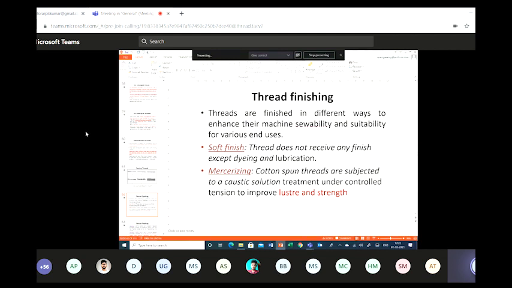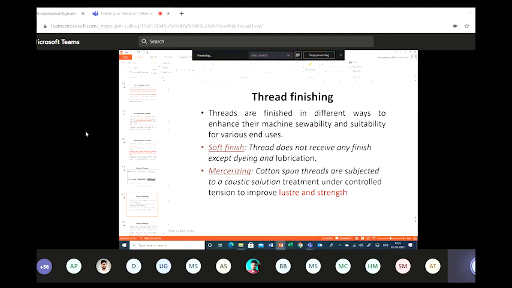You need to have a wetting agent. The wetting agent has very low surface tension, and when the finish has low surface tension, as the thread is passing through the trough, it can easily and quickly spread over the thread, so that every part of the thread has finish applied. So whenever you apply lubricant or any type of finish, there should always be a wetting agent. The wetting agent tries to spread the finish very quickly.